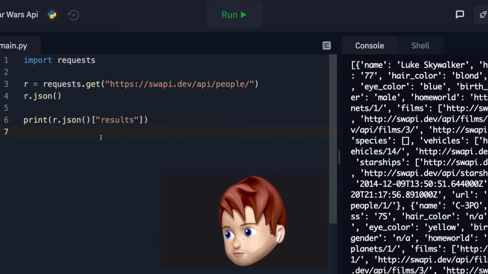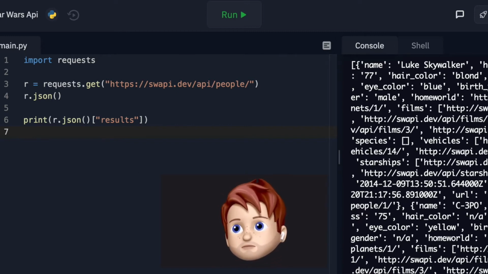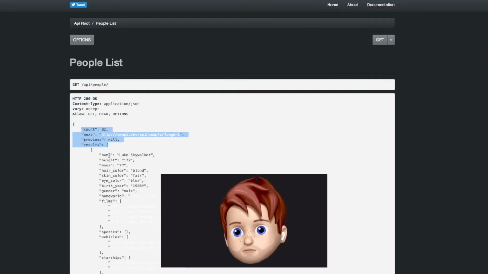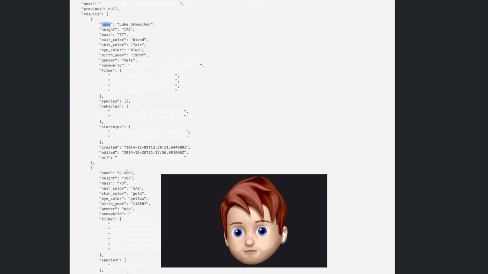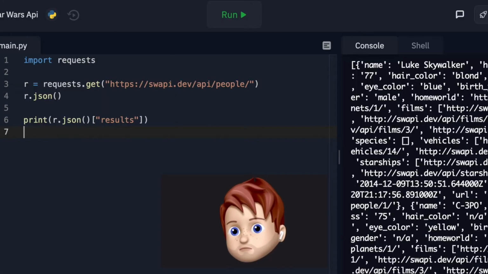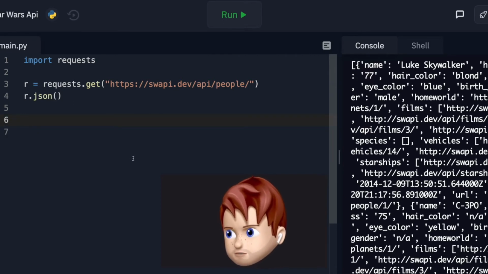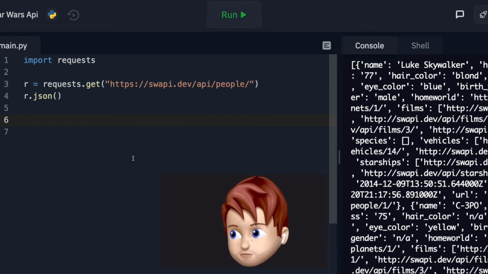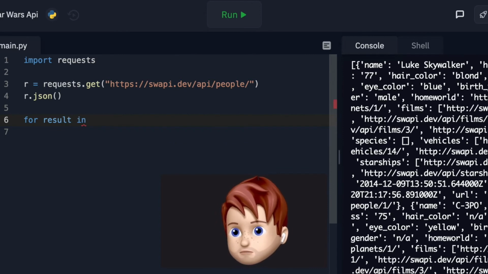So we can just use a simple for loop to print, let's say maybe we just want to grab all the names. As you can see, there's multiple names in here. Like there's a name, there's Luke Skywalker, there's a name, there's C-3PO, so on and so forth. So let's just start out with that. So let's get rid of this. And I'm going to loop through the result. So I'm going to say for result in